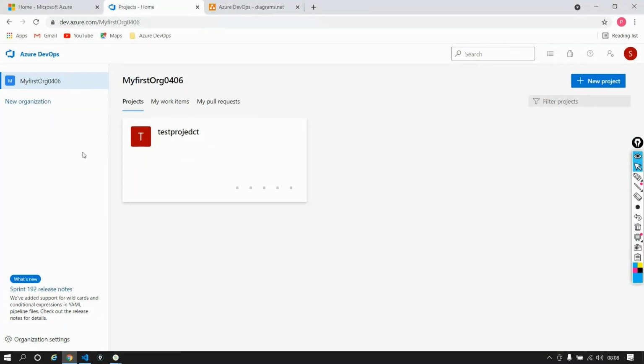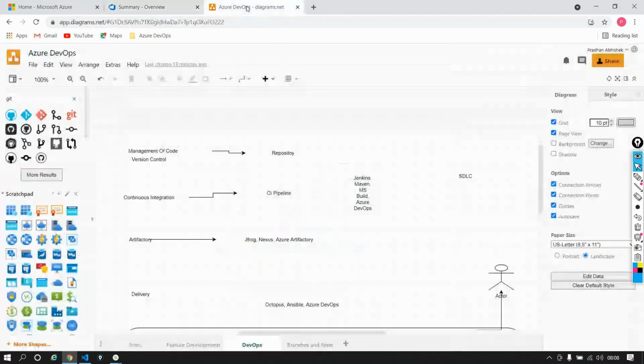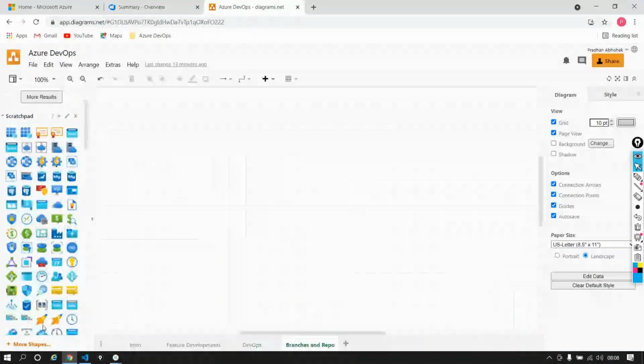So users and all, we are good. You've added the users. Now you want to work with your project. You click onto your project and go inside your project. The first thing that I am concerned about is my code. The first thing that I want to do is code. My code basically,